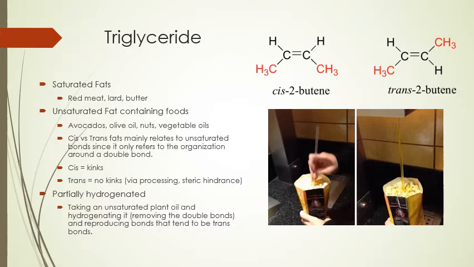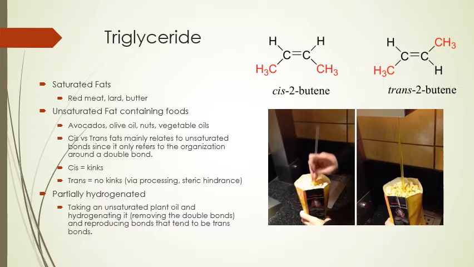When we talk about unsaturated fats, we can also talk about the types of double bonds that you see within them. So in nature, the double bonds tend to be cis double bonds, which really causes that kink. So cis, you can see there with the two reds where the chain continues along on the same side of that double bond. Whereas trans double bonds means that the chain crosses from one end to the other end of that double bond, which again tends to be a little bit more linear. So that doesn't happen all the time in nature. That tends to happen with processing of fats. So the processing causes no kinks, decreases the steric hindrance of these molecules, which allows them to be